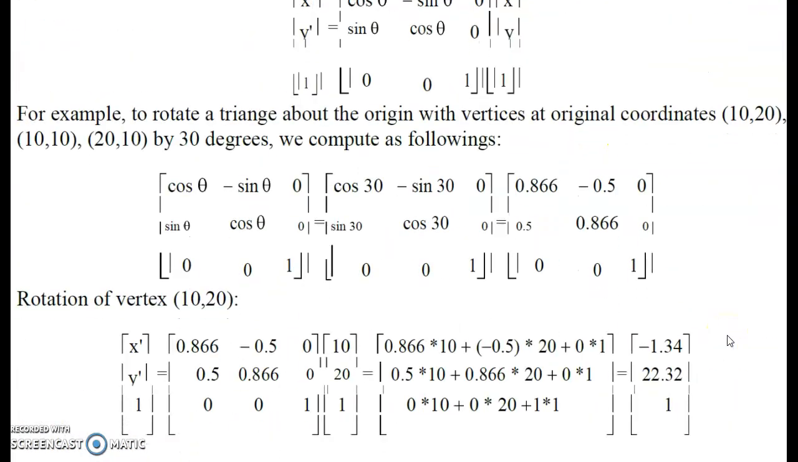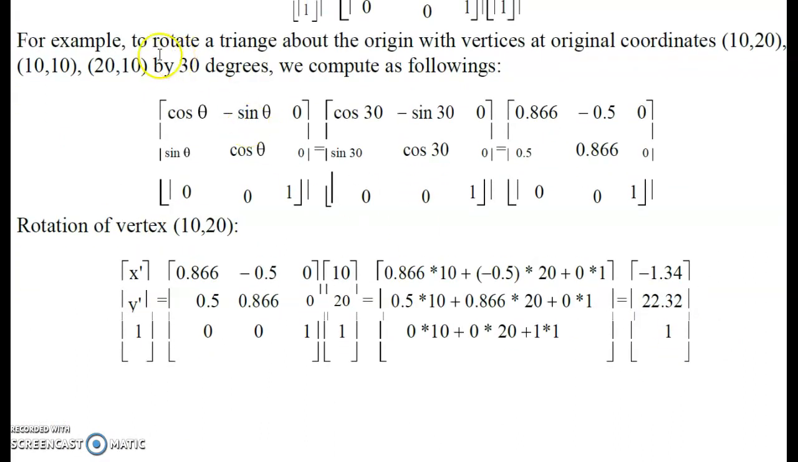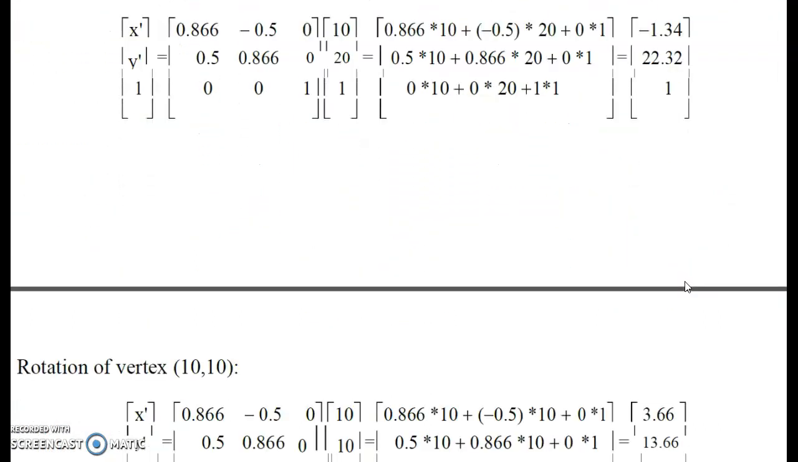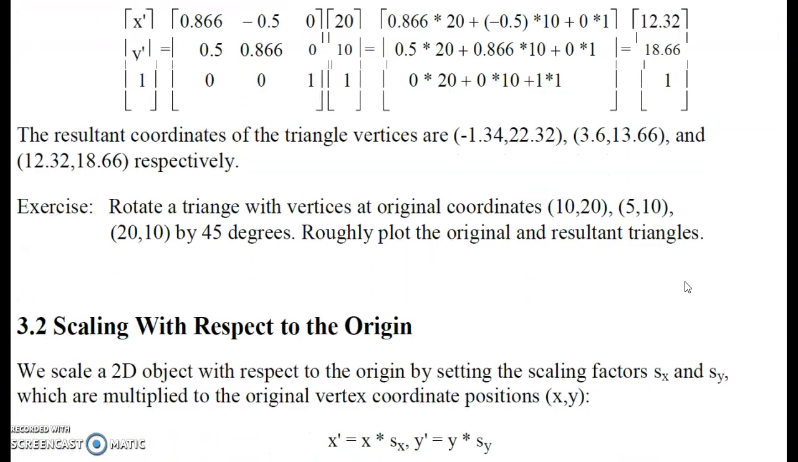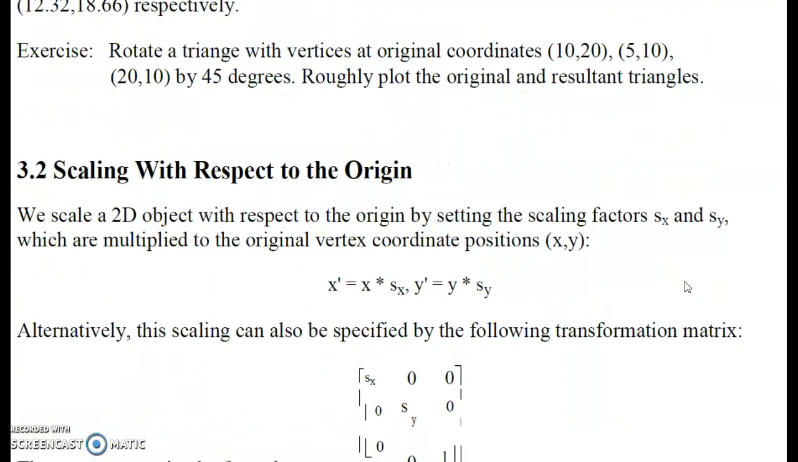So let us see one more problem. The triangle has the same coordinates, but we are rotating by an angle of 30 degrees. So instead of theta, if you substitute 30 degrees, you will get the new x', y', 1 values. You can compute this in your calculator. So this is all about rotation. Next we'll go to